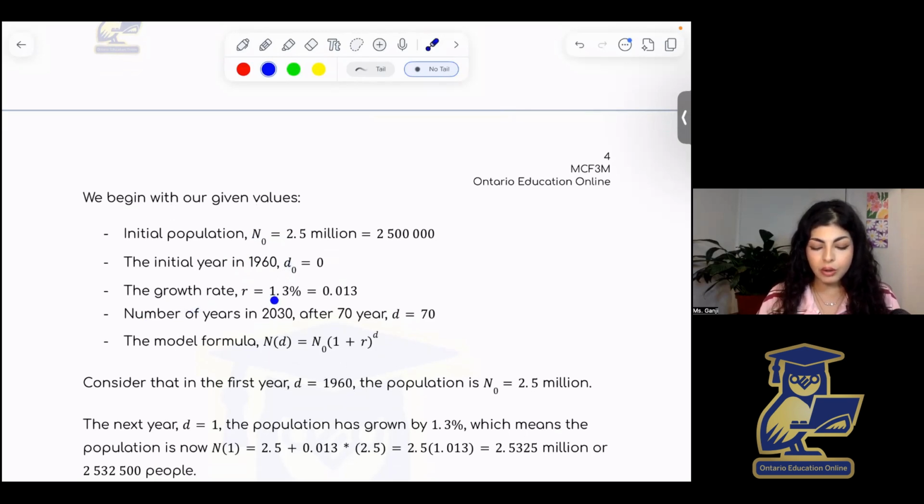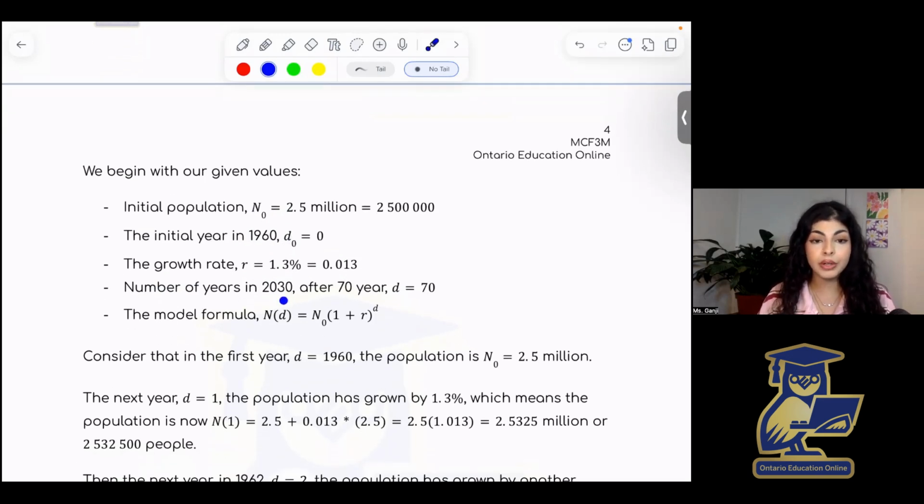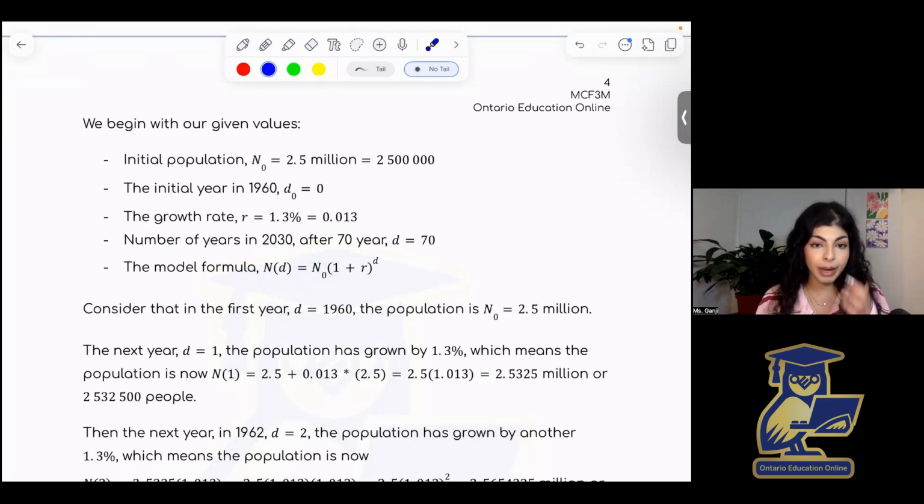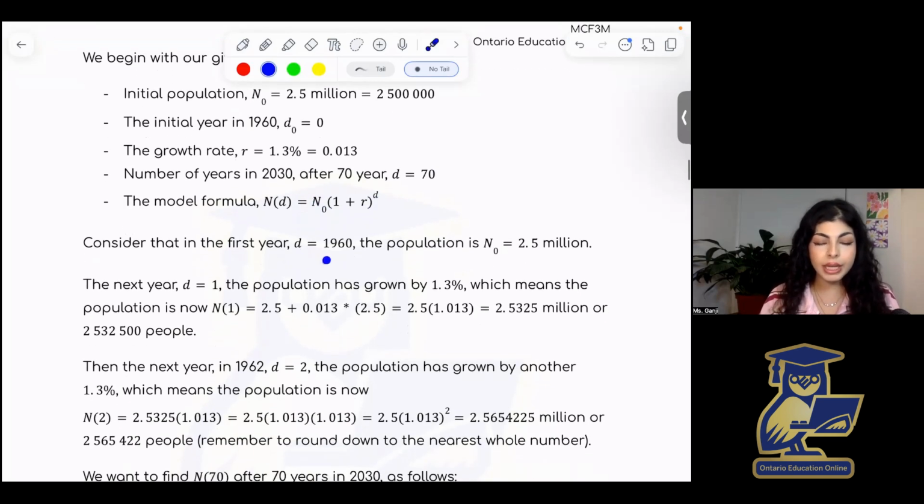Now, the growth rate we're also given as 1.3%, so converting that into a decimal is 0.013. And now the number of years in 2030, with respect to 1960, is 70 years that has passed. So then D is equal to 70. And of course, we're using the same formula. N of D is going to be equal to the initial population times 1 plus the rate of change to the power of D. And so considering the first year, 1960, I did want to walk you through this